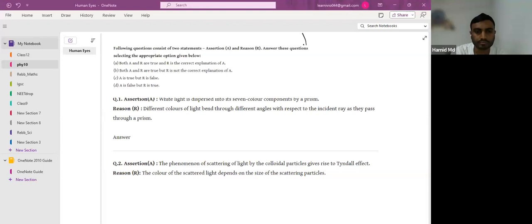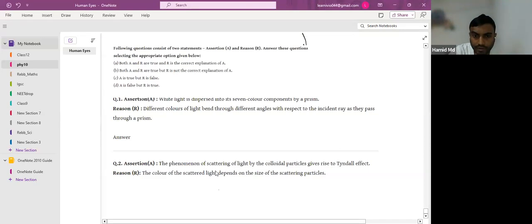Sir, option A. Actually, it's not explaining the phenomena. Clear? It's not explaining the phenomena actually. Think why. Have you revised the Tyndall effect? No, sir. Okay, so it's because of the reason that it says there